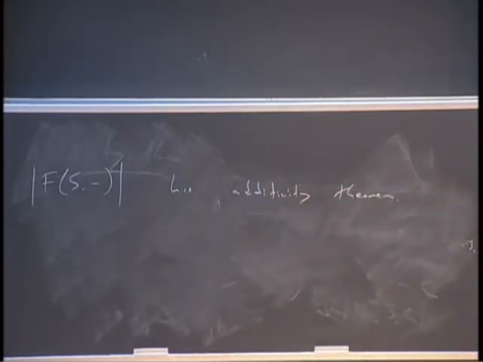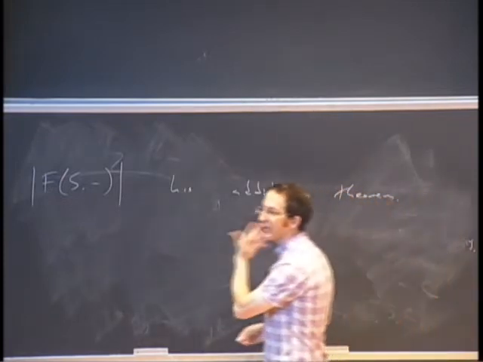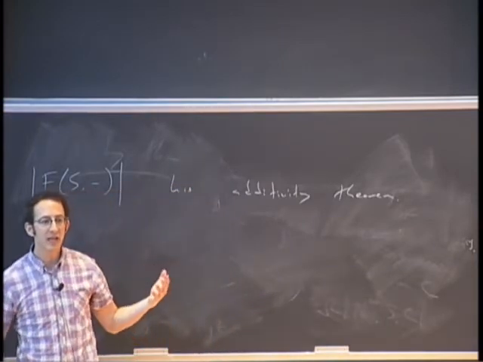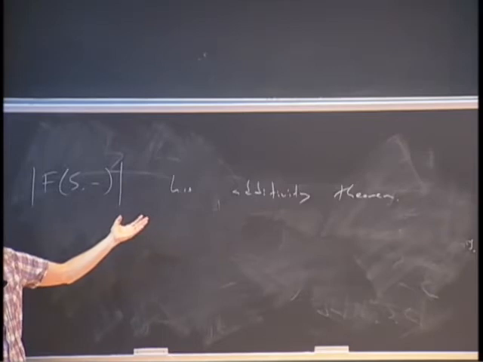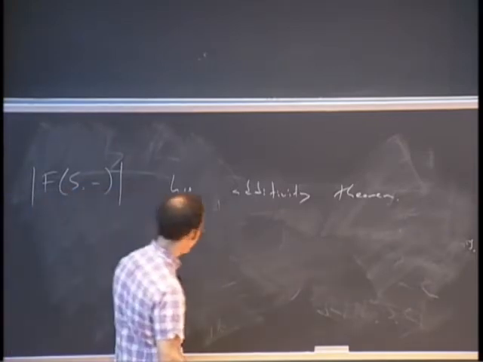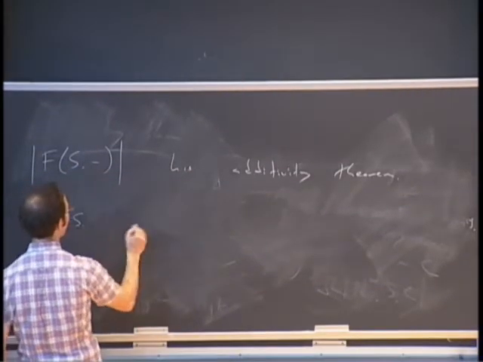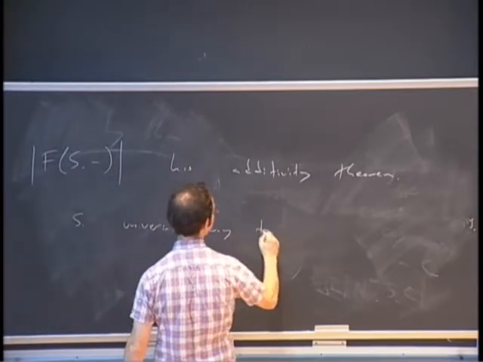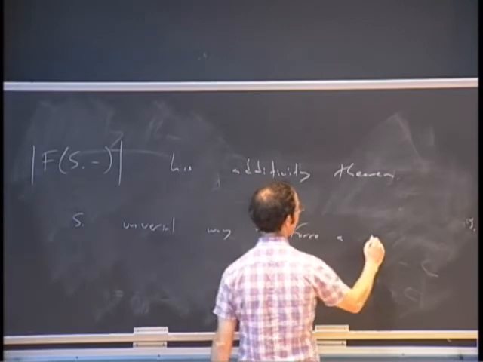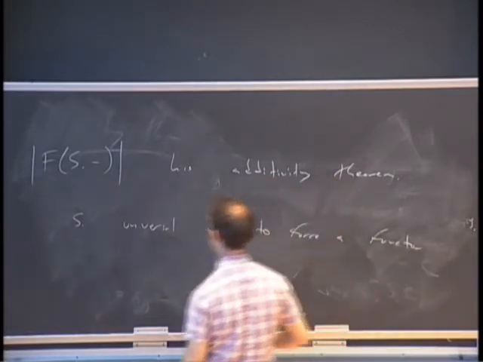So what is this saying? This is saying something interesting, which is that the S-dot construction is in some sense a universal construction for forcing a functor to be additive. Right? That's what this tells you, that S-dot is the universal way to force a functor